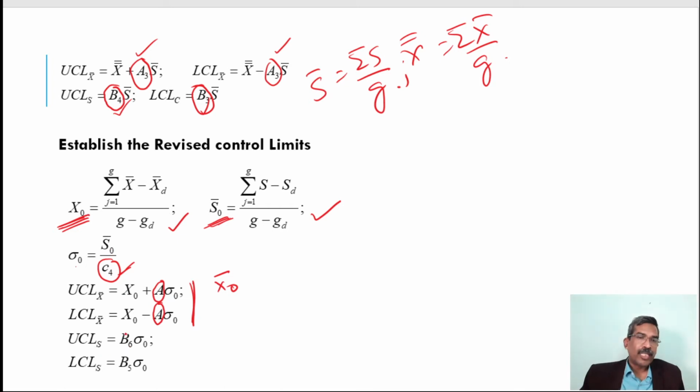But here, in place of d1 d2, we use b6 b5 in the revised control chart for the s chart. This is for the s chart. So this is for the revision. Now you can see here